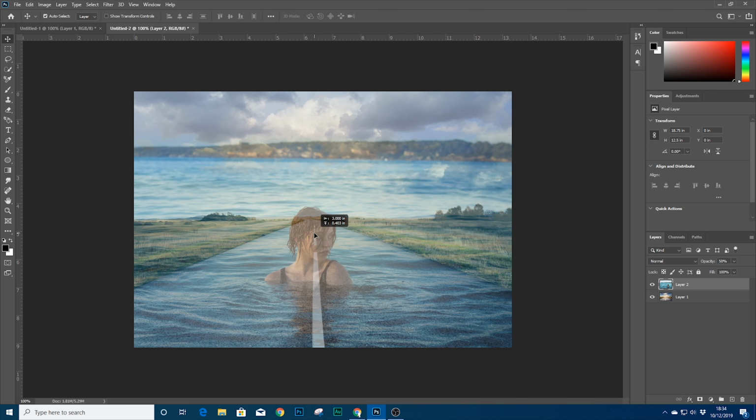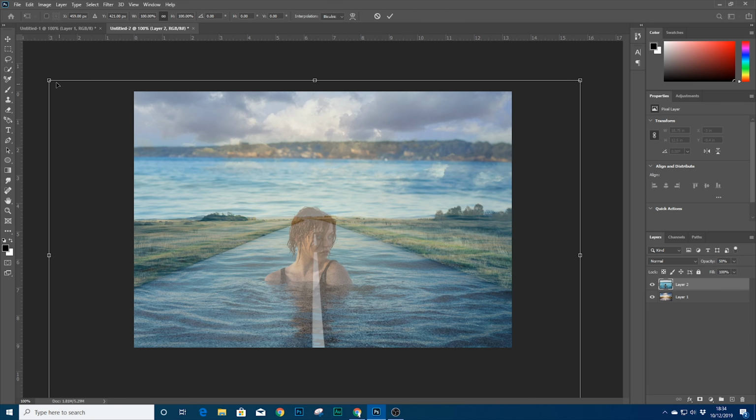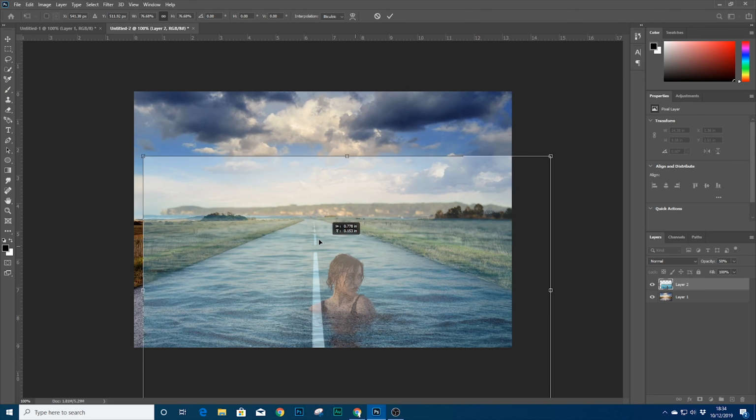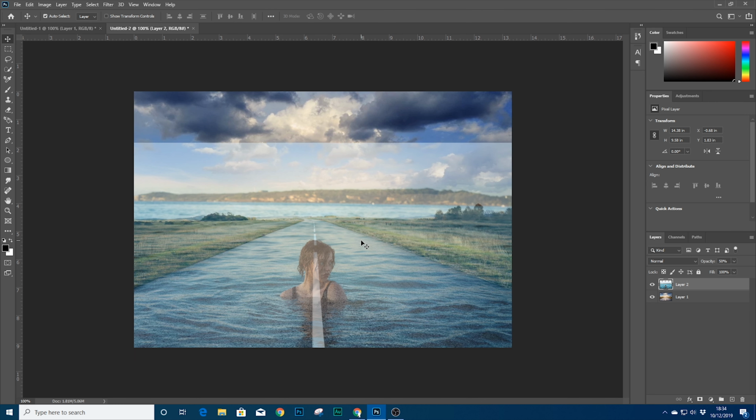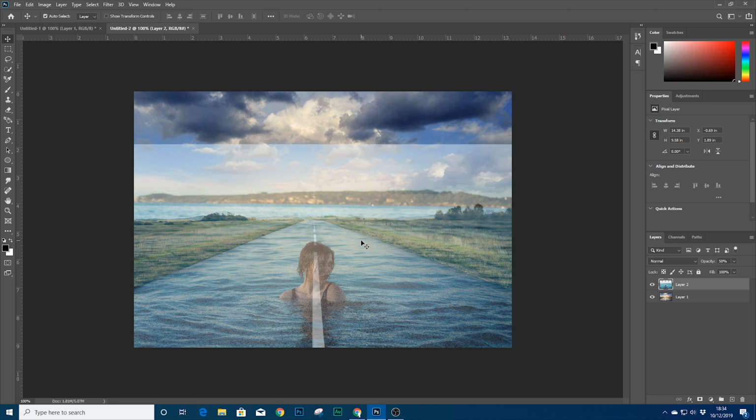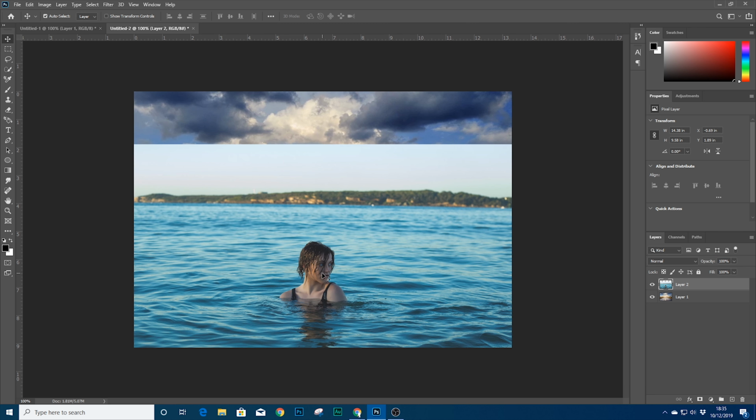If we then drag it into place, you can use the shortcut Control and T to resize the image to what we want. So just do this by eye. I'm going to say there, center her there. We can also use the arrow keys. You can use up, down, left and right if you want to fine tune where the position is. So once we've got that in place, I'm going to put the opacity back to 100% so we can see,